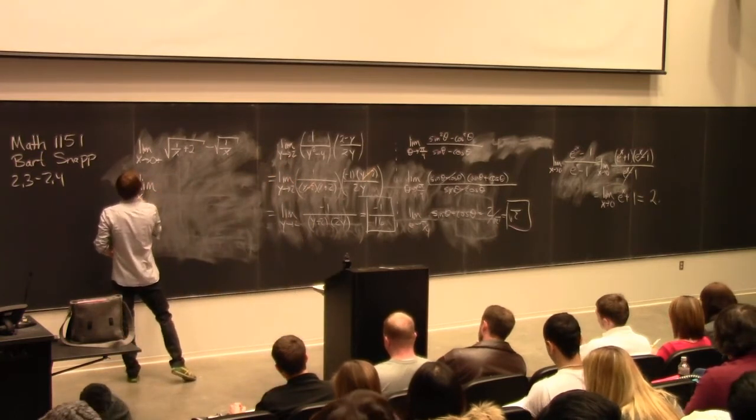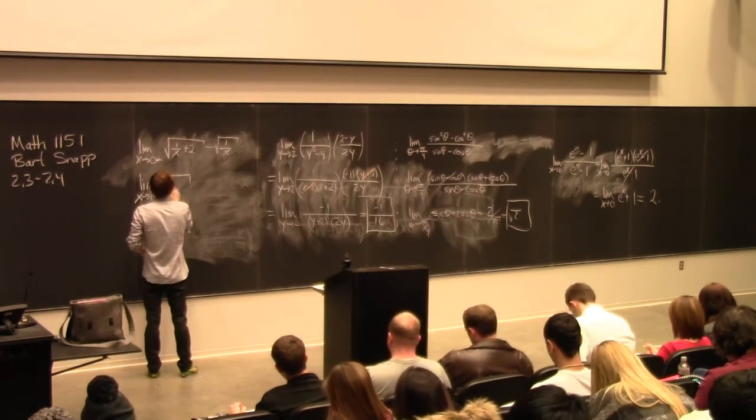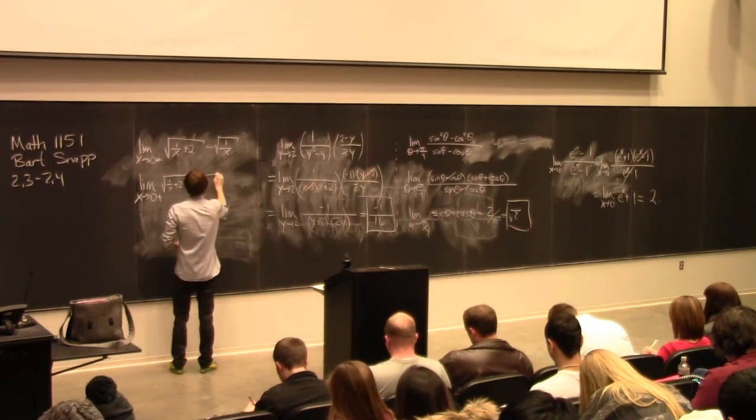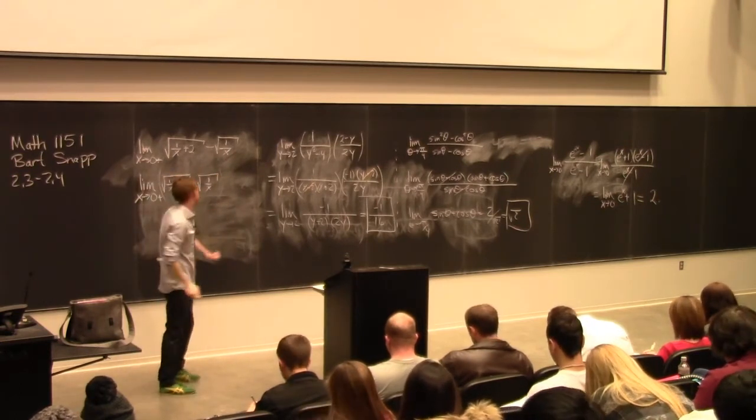So we're going to say this: the limit as x goes to 0 from the right of the square root of 1 over x plus 2 minus the square root of 1 over x, all times